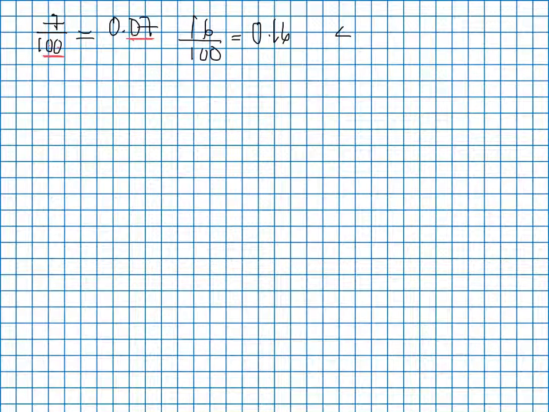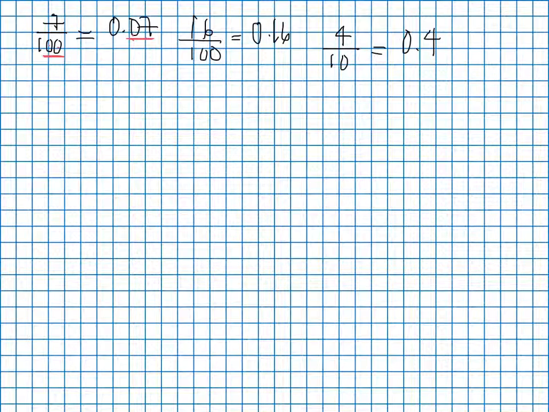4 tenths. 4 over 10. What is that going to look like as a decimal? Well, this is one of the ones we just reviewed on that last one. But just in case, how many zeros do we have? 1. So how many spaces to the right of the decimal point are we going to have? Well, we're going to have 1. And it's going to be